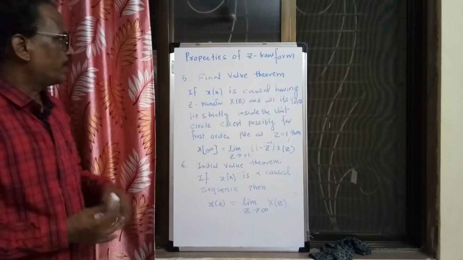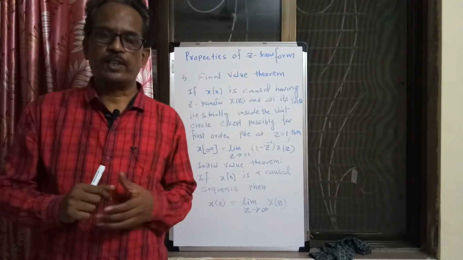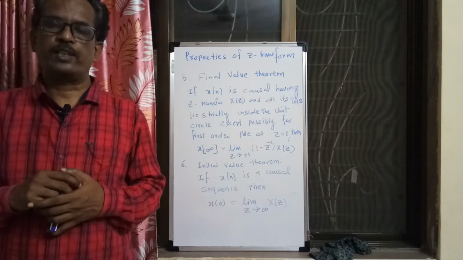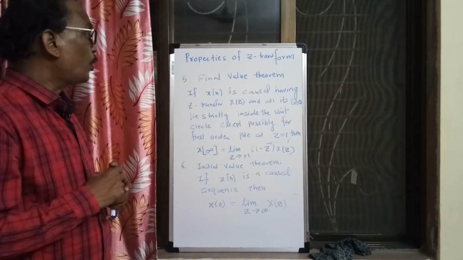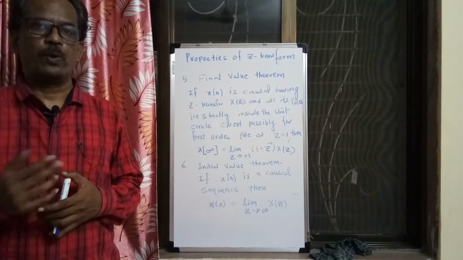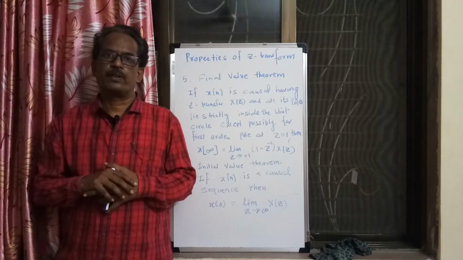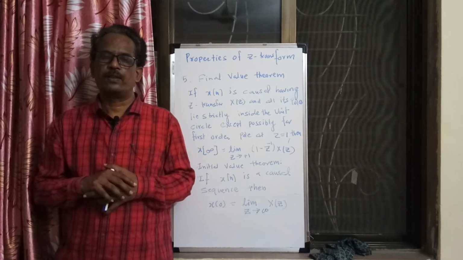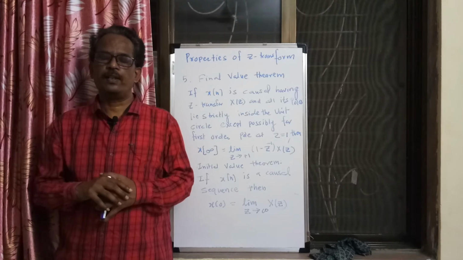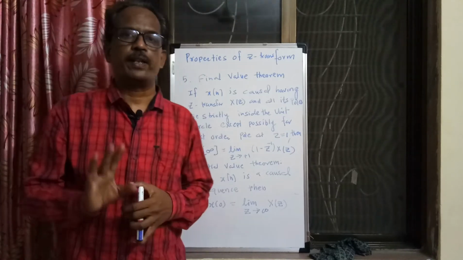Now let us study the final value theorem. In the final value theorem, the signal has to be a causal signal, as in the case of the initial value theorem, and about the poles, all its poles should lie inside the unit circle except a first order pole at z equal to 1. So what I am saying is, the signal required in the case of the final value theorem is a causal signal, with a restriction on the poles: the factors of the denominator should lie inside the unit circle, except possibly for a first order pole at z equal to 1, that is only permitted.